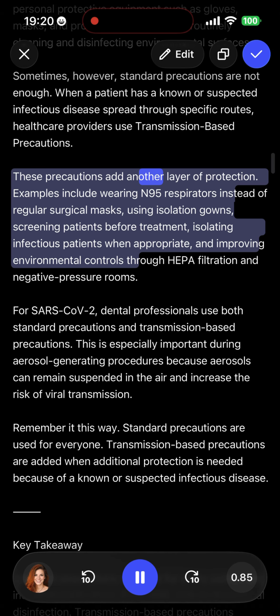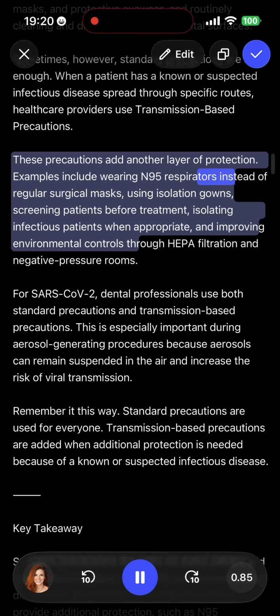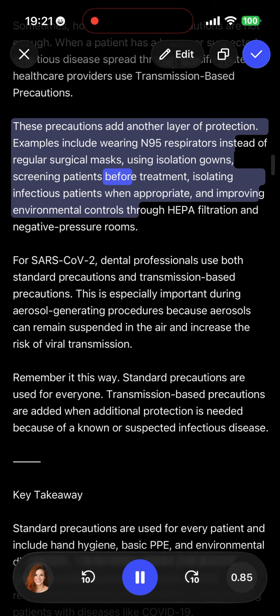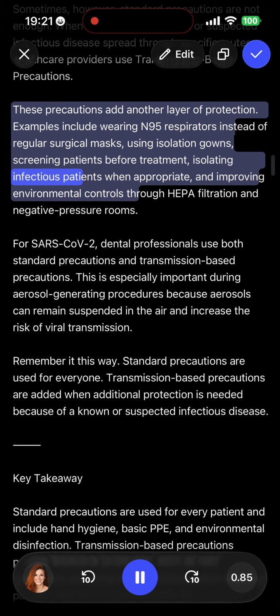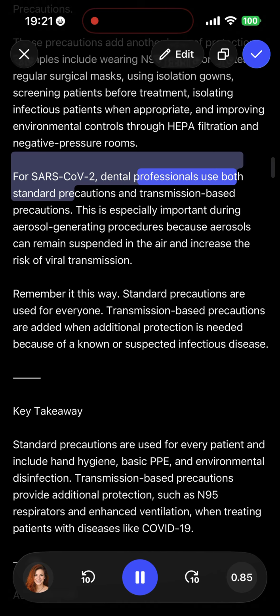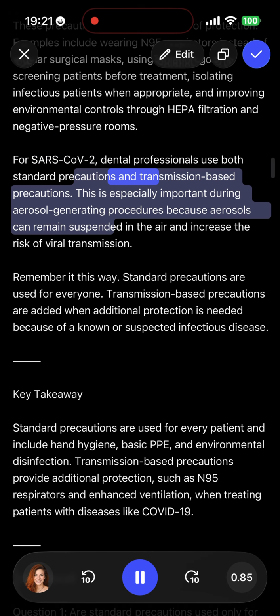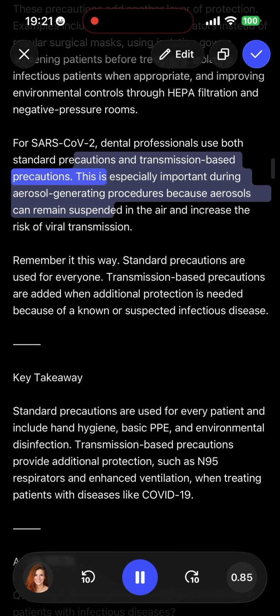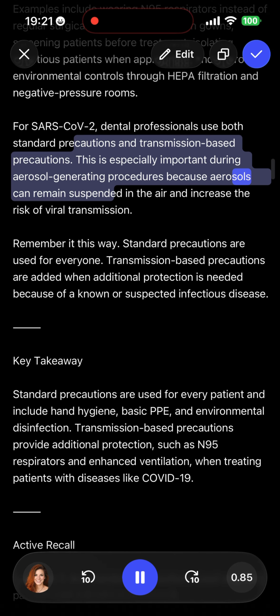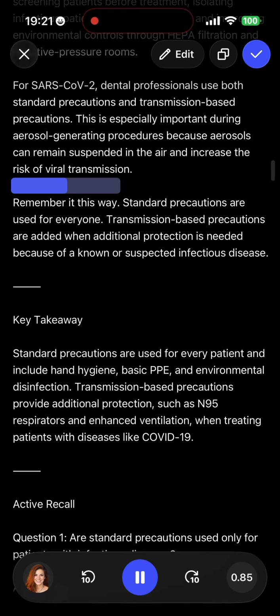Examples include wearing N95 respirators instead of regular surgical masks, using isolation gowns, screening patients before treatment, isolating infectious patients when appropriate, and improving environmental controls through HEPA filtration and negative pressure rooms. For SARS-CoV-2, dental professionals use both standard precautions and transmission-based precautions. This is especially important during aerosol-generating procedures because aerosols can remain suspended in the air and increase the risk of viral transmission. Remember it this way: